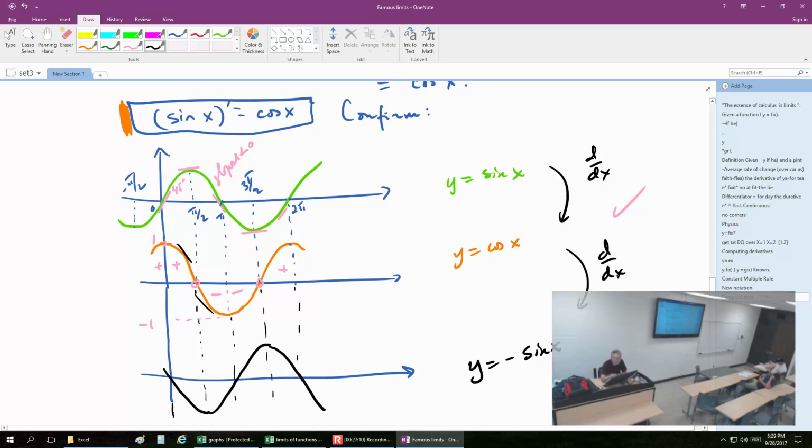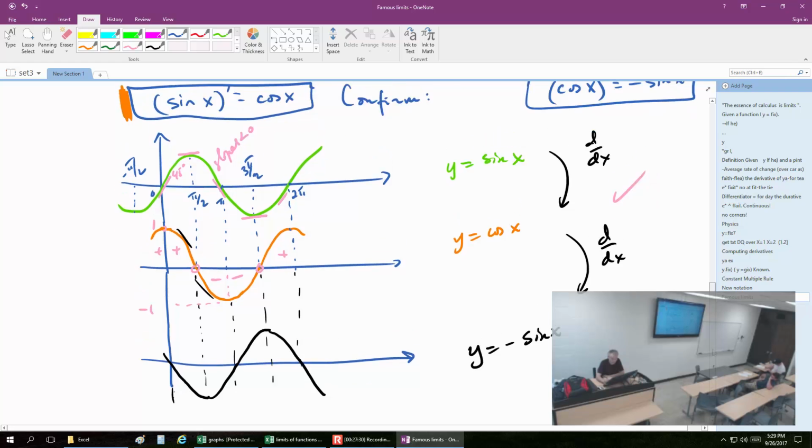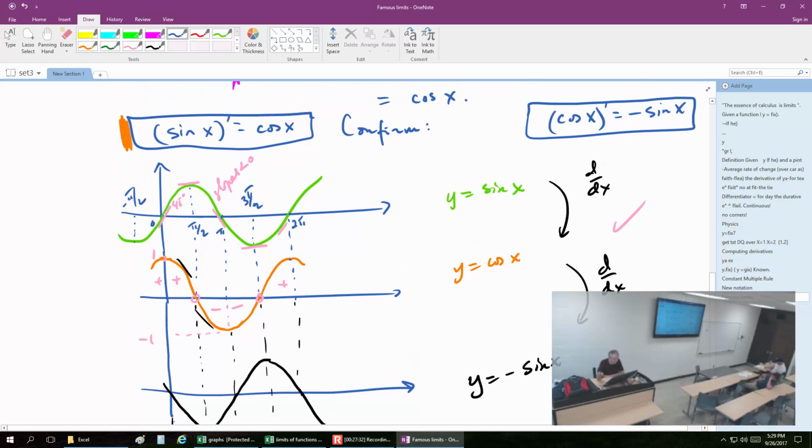So then the second formula that we need is the derivative of cosine x is negative sine. So that confirms that we have these two formulas. Now we can plug them into the formulas that we have seen, and we'll get a lot of differentiation done. But I don't want to stop here, because what's interesting actually is